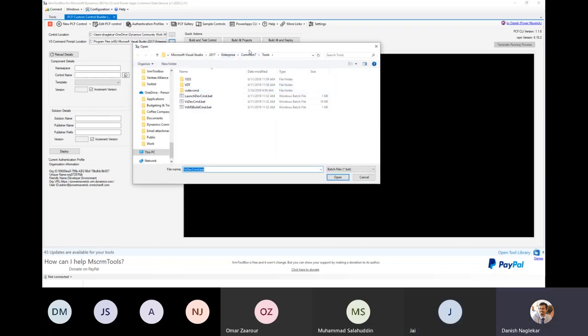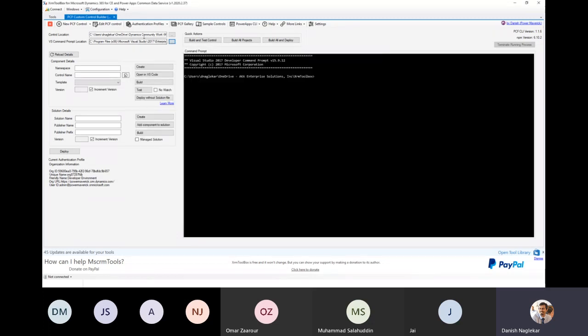Enterprise. Oh, you have to go to Common 7. And once you go to Common 7, then you have to go to Tools. And inside Tools, this is the VS dev command file. It's already populated in the file name, so you don't have to worry about which file to select. You just have to look at this VS command bat file, and then say open, and it would be selected. We don't need to do that for building the components, but that is only for building the solution